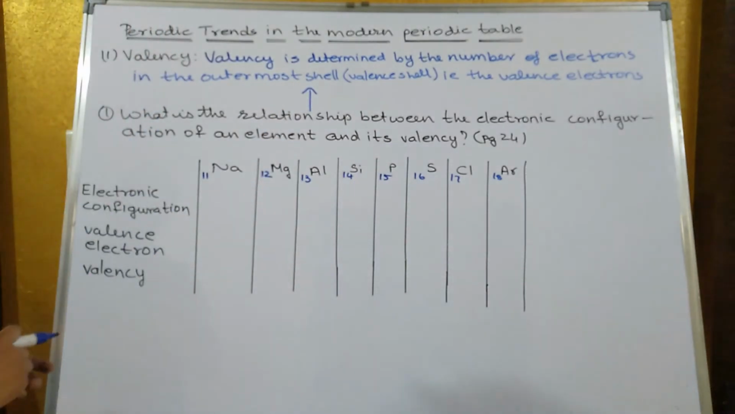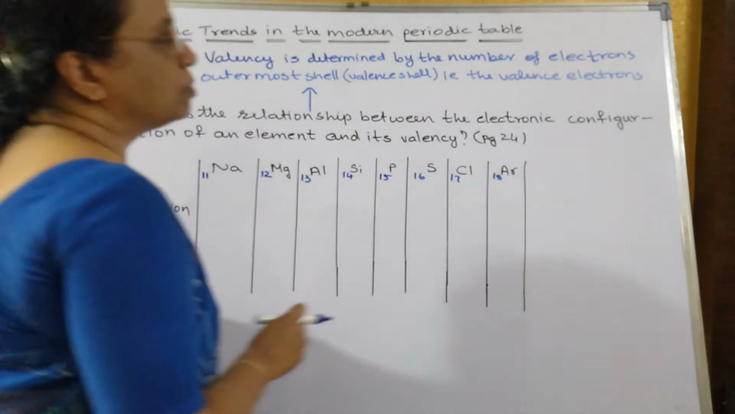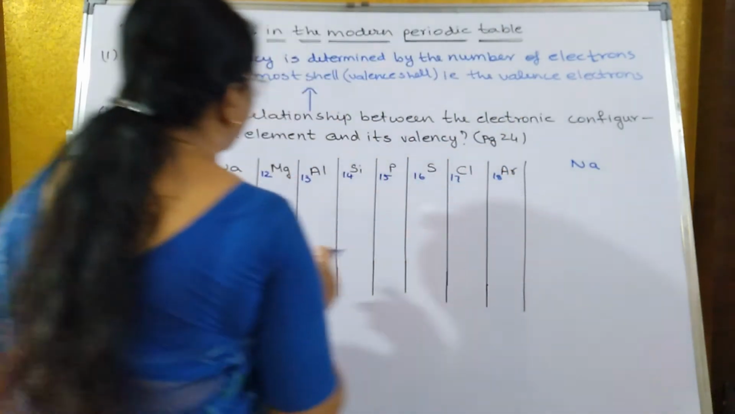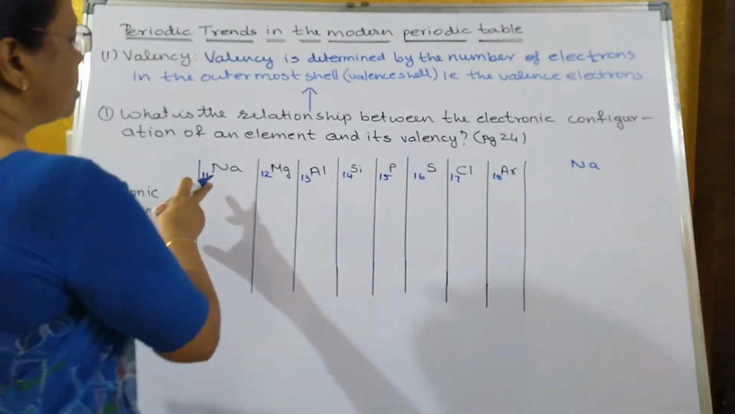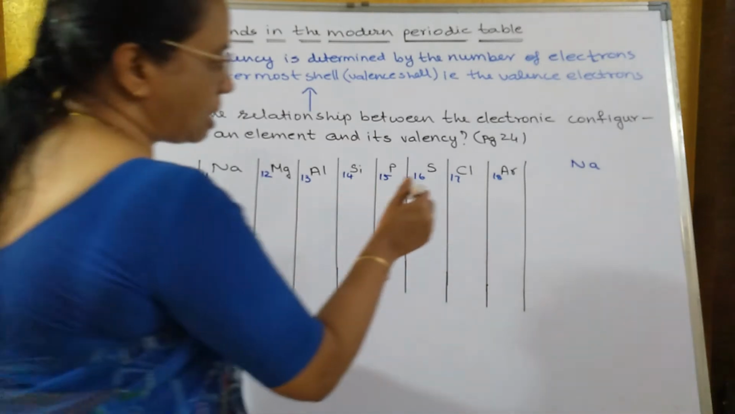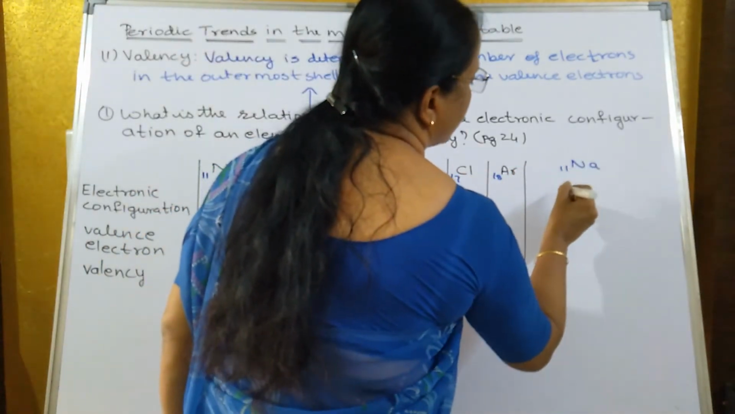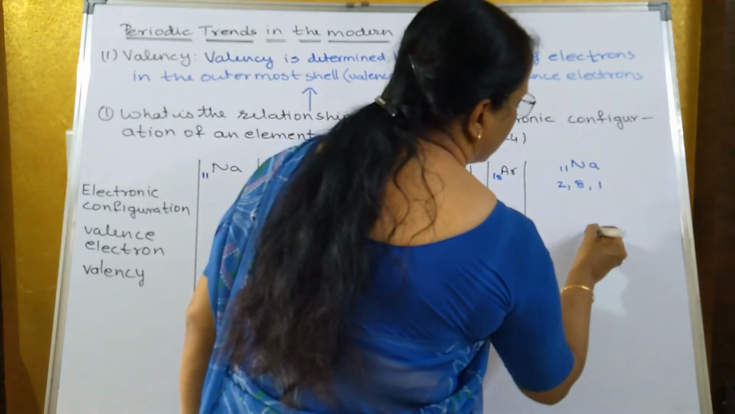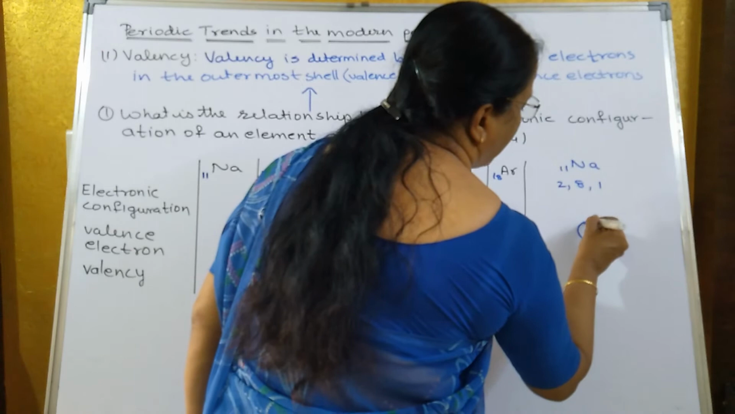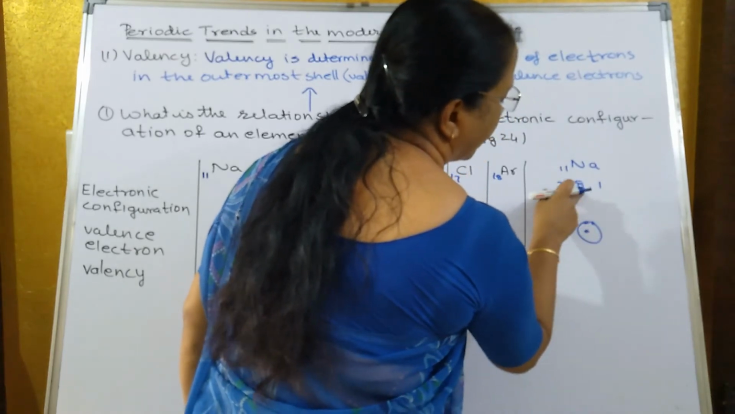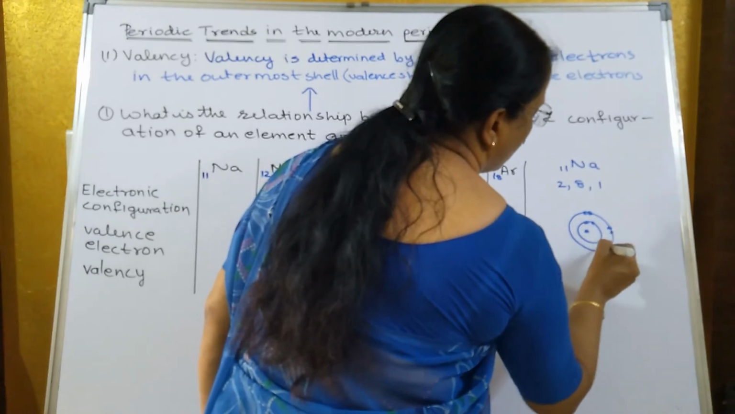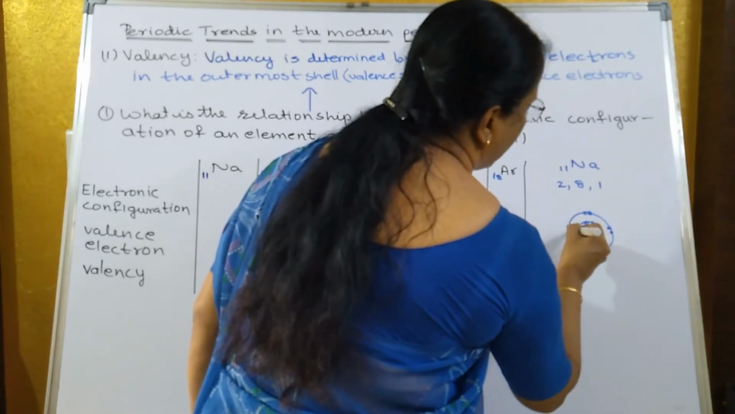Now what is the meaning of this, that the valency is determined by the number of electrons in the outermost shell? Now let us take sodium. You had studied last year about sodium, the electronic configuration. What is the atomic number of sodium? That is 11. So what is the electronic configuration? 2, 8, 1. So if I draw the structure, in the first shell it will have 2 electrons, in the second shell it will have 8 electrons, 1 2 3 4 5 6 7 8,